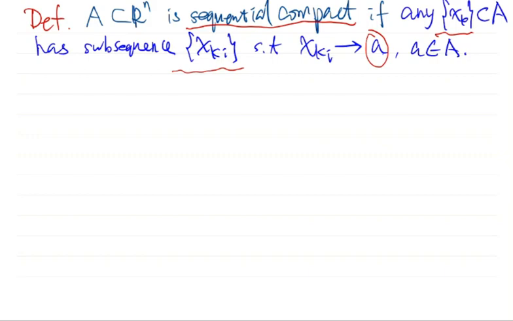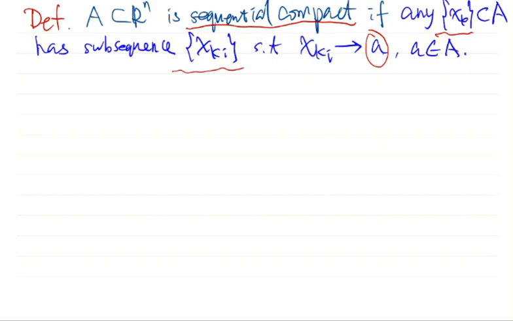Now, sequential compactness is very important. Therefore, we need to be able to verify whether a given subset is sequentially compact.